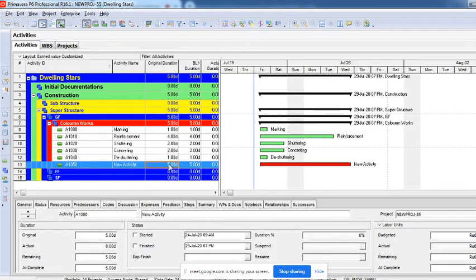Most of the time our company uses parametric estimation. With the help of the parameters, we have created something like an asset for the company, and then every time you can use it as analogous estimation and add the durations to the activities.